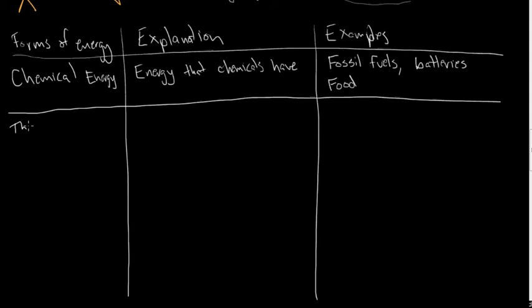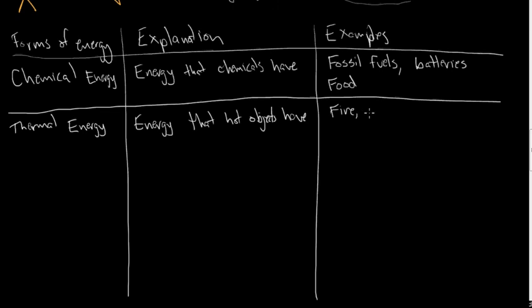Next, thermal energy. We already saw this word thermal, and you might even recognize the meaning. Therm is also in thermometer, it was also in geothermal, and it's the energy that heat has, or the energy that hot objects have. So some obvious examples would be fire or the sun. Clearly that has a lot of thermal energy. That's a very hot object. Even just hot coffee or hot water